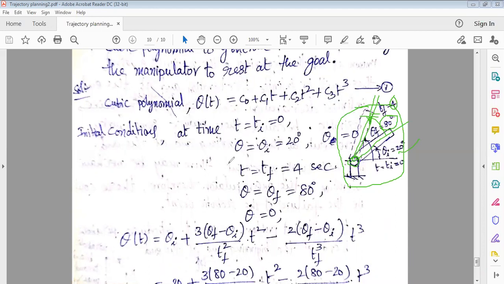Okay, so in the next class I will discuss one more trajectory, that is a linear trajectory function. Let us look at the brief summary of this lecture. In this class I discussed two functions. One is the cubic polynomial function, the other is the fifth order polynomial function, and one problem is solved in this lecture. So tomorrow or day after tomorrow I will discuss the linear trajectory function. With that this topic will be completed.